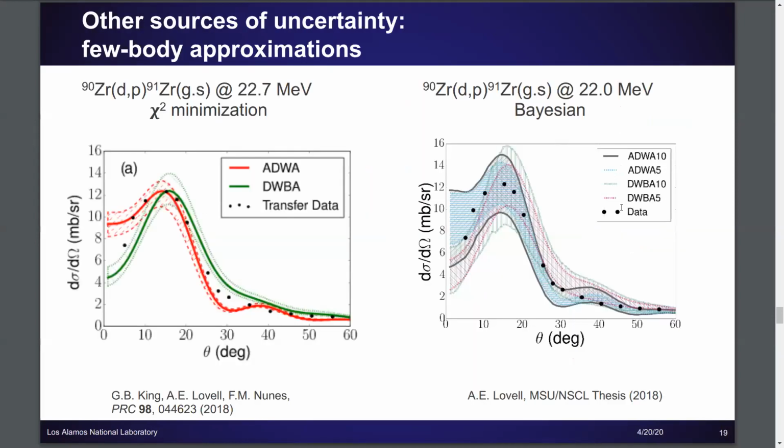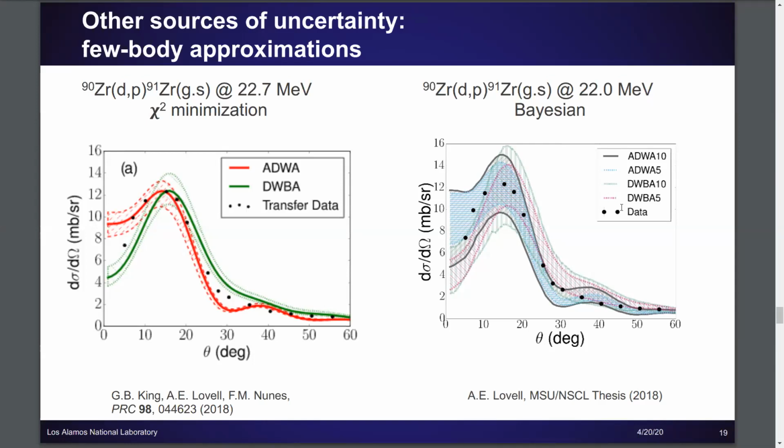And so then I briefly, I spent most of my time talking about how we've been constraining uncertainties on the optical potentials, but we had these three other sources of uncertainties, and we have been doing some work to look at how can we include the uncertainties from those sources into our final calculation. And I'm gonna briefly mention some of the things that we've looked at and where we're going on these.